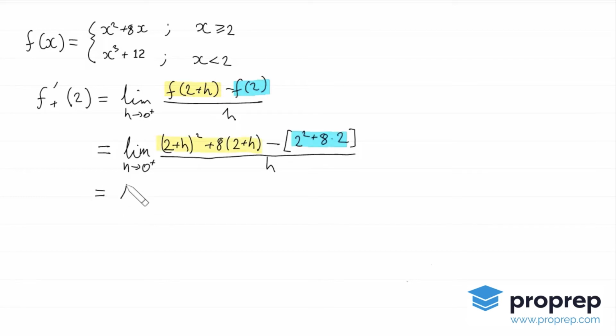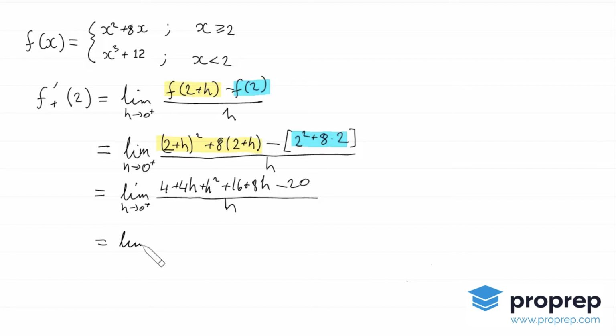So what do we get? Limit h goes to 0 plus. The square of this is 4 plus 4h plus h squared, and from here plus 16 plus 8h minus, this whole thing is 20, all over h, which equals the limit, same thing. If we combine terms together, 4 and 16 is 20 minus 20, that cancels, and all we're left with is 4h plus 8h, which is 12h, and plus h squared,